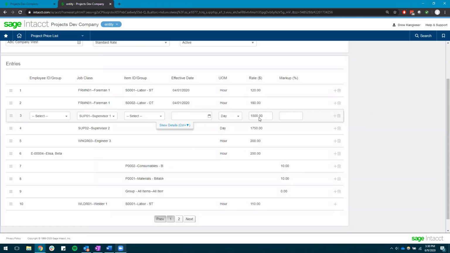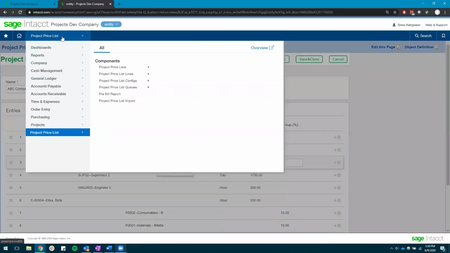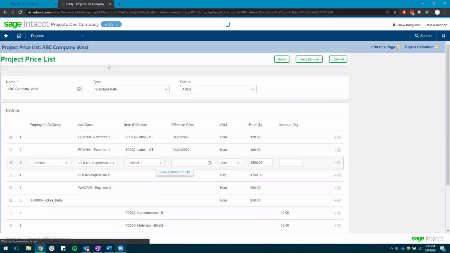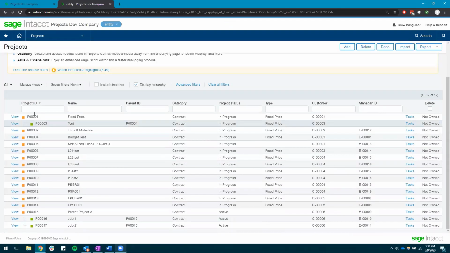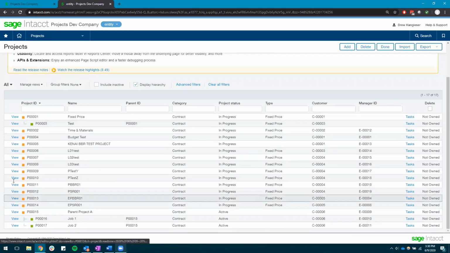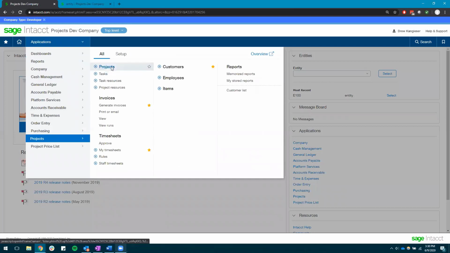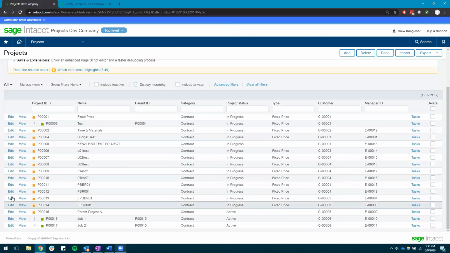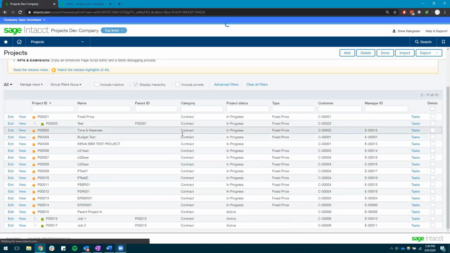Okay. So once I've set up my price list in the system, what I need to do is go and actually assign it to a specific project. So I can go out to the projects module, and on all the different projects in the system, I can view them. In this scenario, my projects are at the top level. I can go out there, I can edit a project,